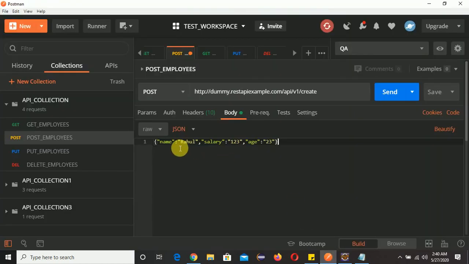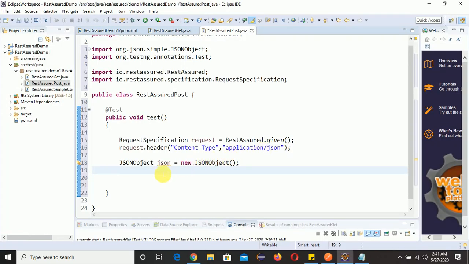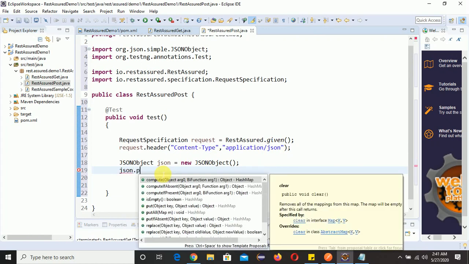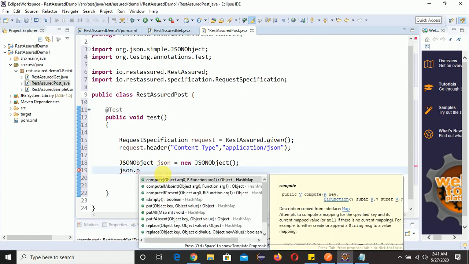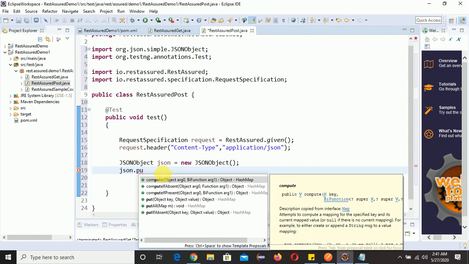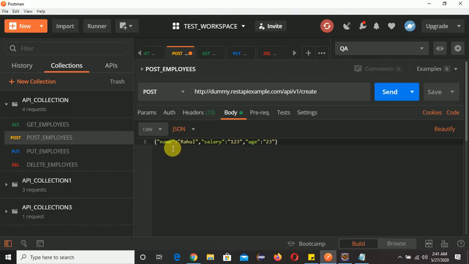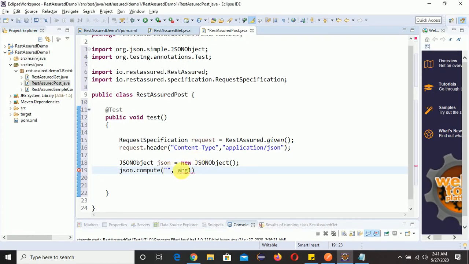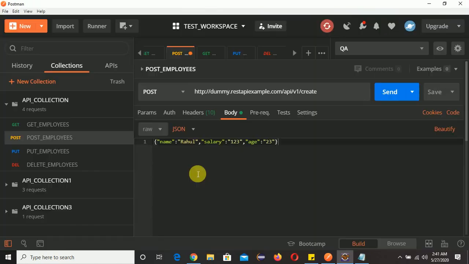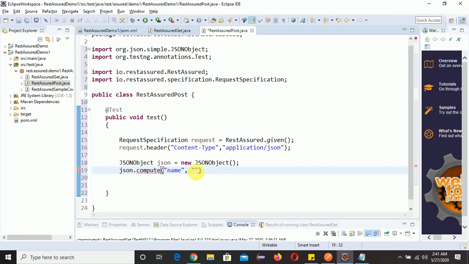Now, one by one, we need to add all three, right? Name, salary, and age. For that, we need to do json dot put. We need to use the put method here in order to add those things. Put, and inside this, we need to write name. And what is the name? This is Rahul.